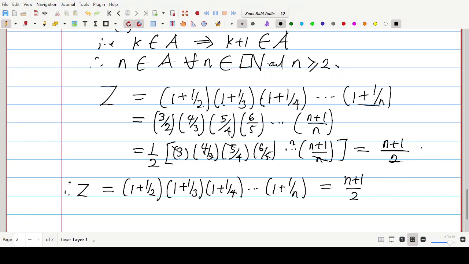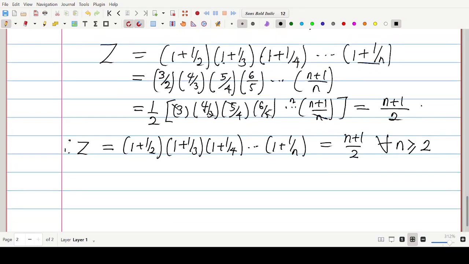All right? So let's prove it and see whether it's true. This statement is true for all n bigger than or equal to 2, but we have to prove it. So to do that, we say let B be the set